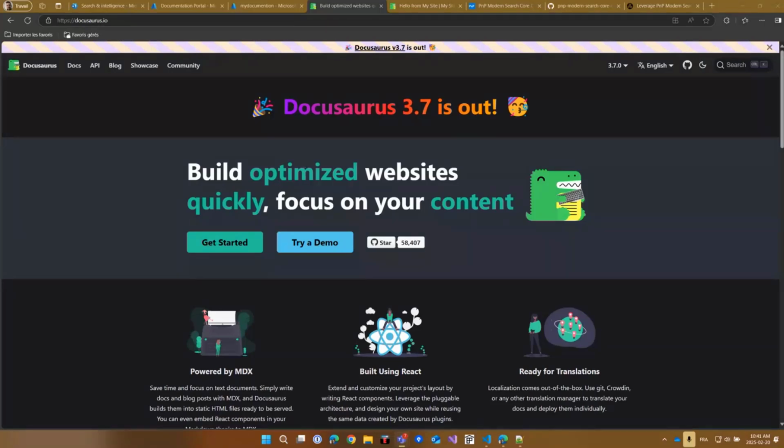So first of all, what is Docusaurus? For those who don't know, this is a static website generator allowing you to create content in Markdown format. It's built by Meta, Facebook actually, and it's using React behind the scenes, and it's usually used for building internal documentation.